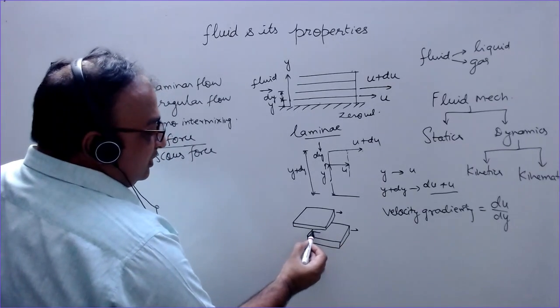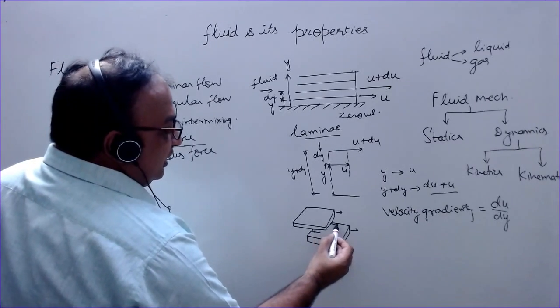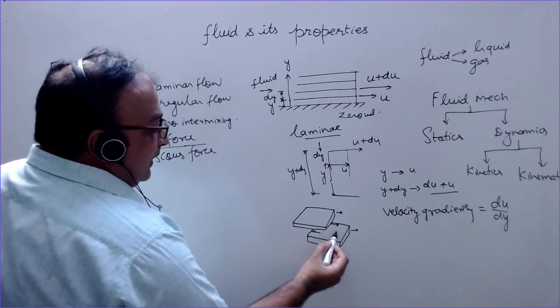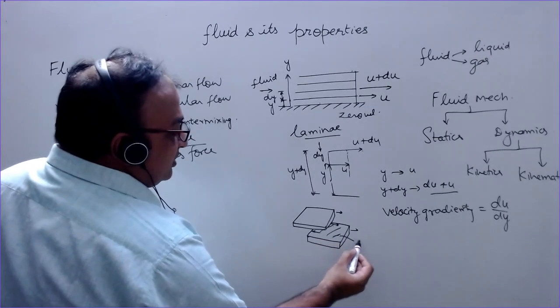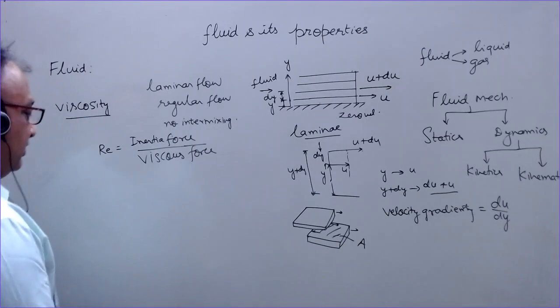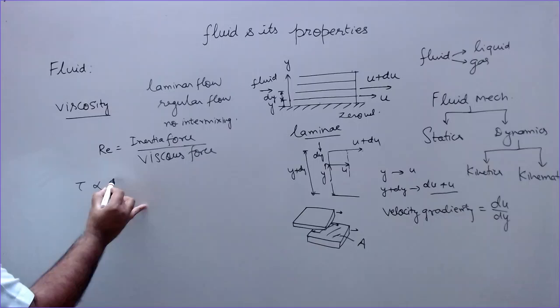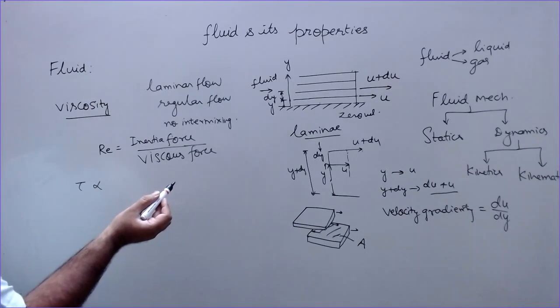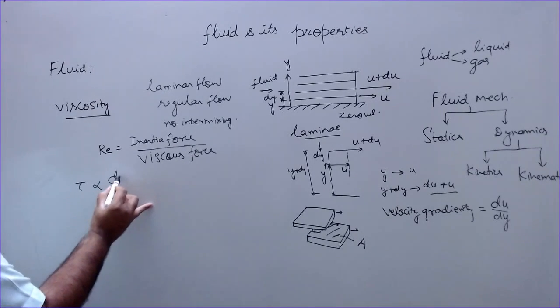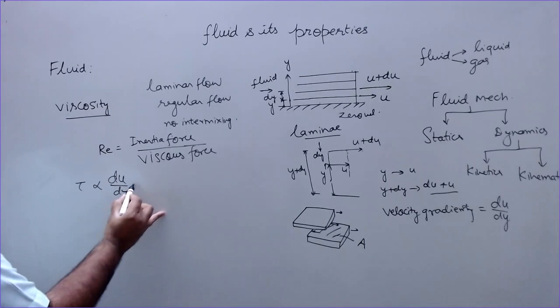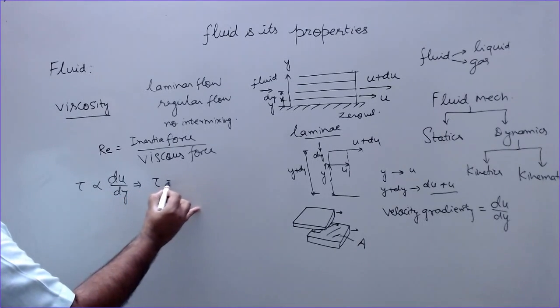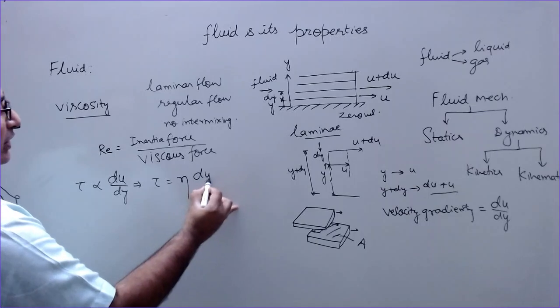So as a result, a shear stress is acting on the surfaces. Suppose this area over which the shear stress is acting is A. So the shear stress is directly proportional to the velocity gradient. So I can write that tau is equal to eta du by dy,